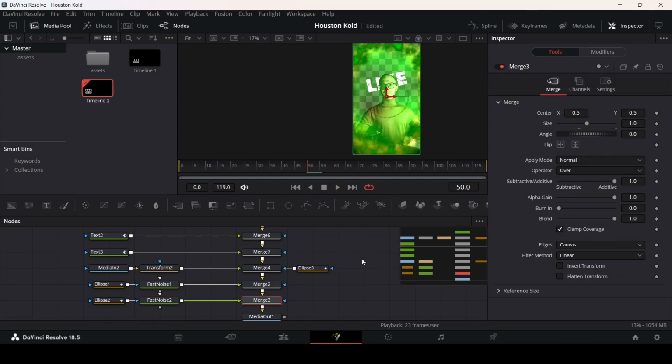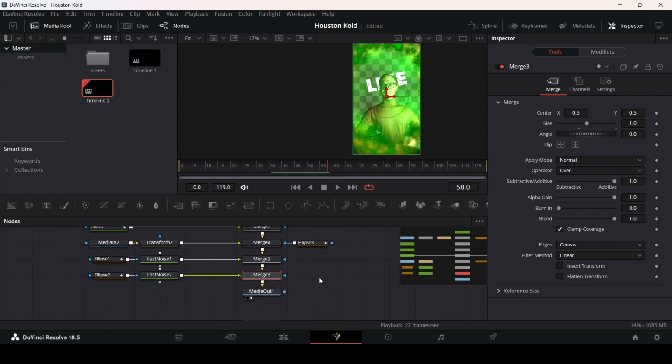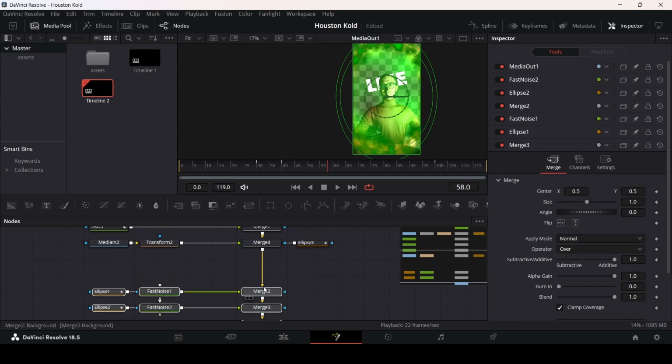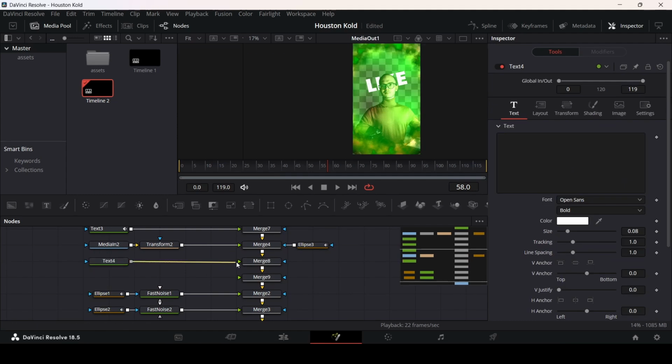All right, now let's add in the name over here. So this whole thing, it says how to create motion graphics like Houston Gold. So you will see that this is the kind of style he has in his videos. So let's go ahead and add that. So right now, I'm just going to move this down, add two merge nodes. Again, add two text over here. First one, I'm going to write